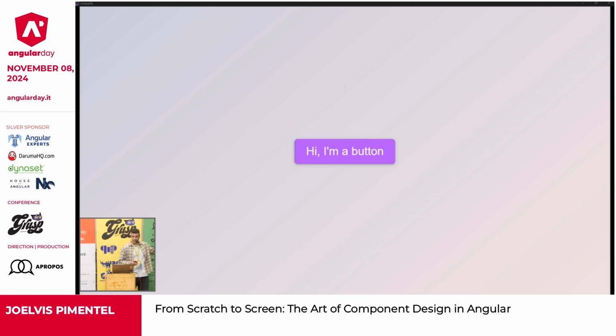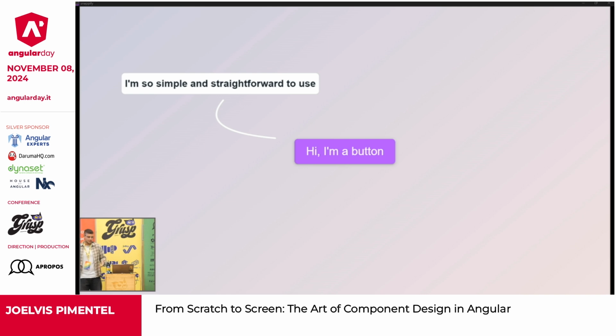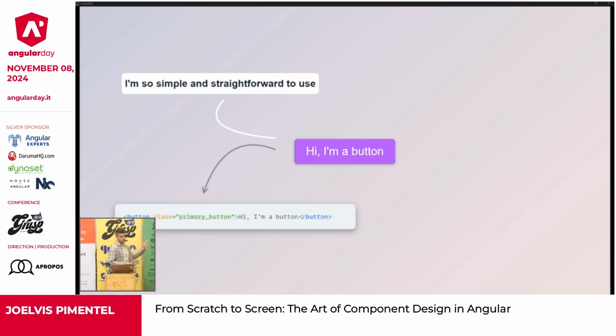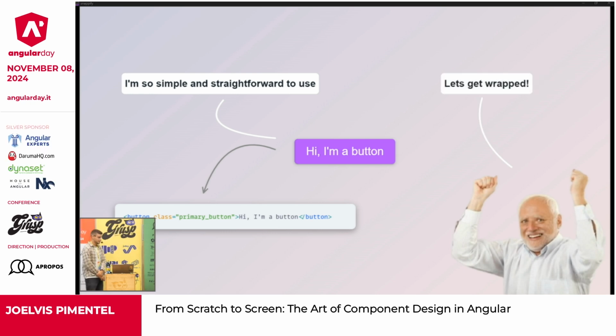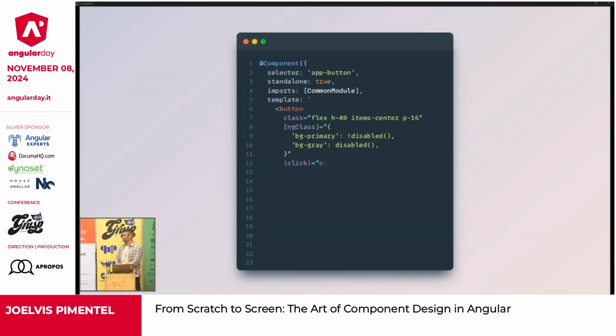Okay, talking about simplicity. Let's start with the simplest of all interactive elements, the button. It's so simple that the HTML syntax to declare it is just this. This is all it takes to draw a button. But we are Angular developers and we like to overcomplicate stuff. I personally like to overcomplicate stuff. So luckily for us, today we have an assistant that will help us make this button Angular compliant. This is Joseph. So Joseph, please go on and do your work.